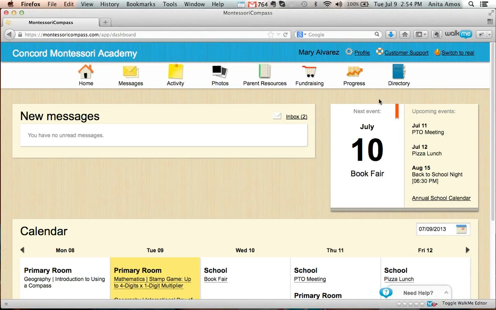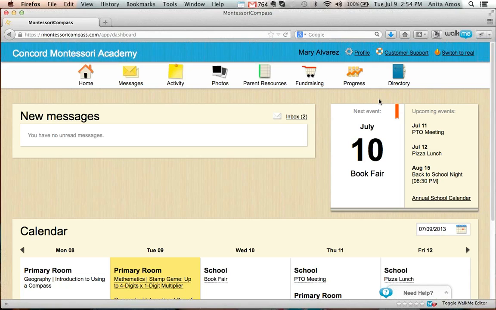One other thing I'll say is that it can be a time saver. I'm sure for schools that don't enable some sort of a directory or means of parents more easily communicating with each other, the parents are going to go to the teachers and say, hey, I want to invite these 6 kids to the birthday party.